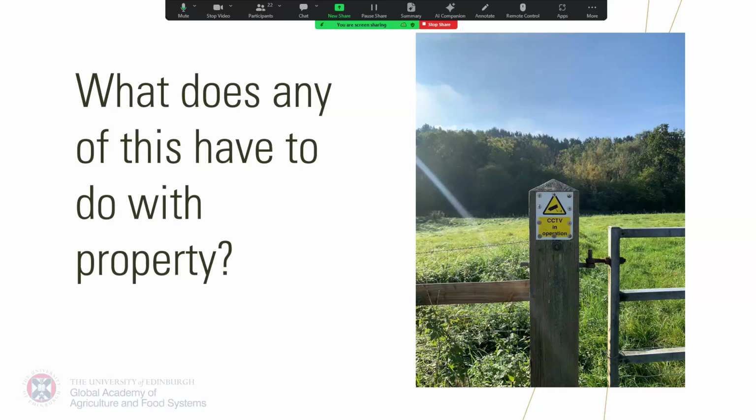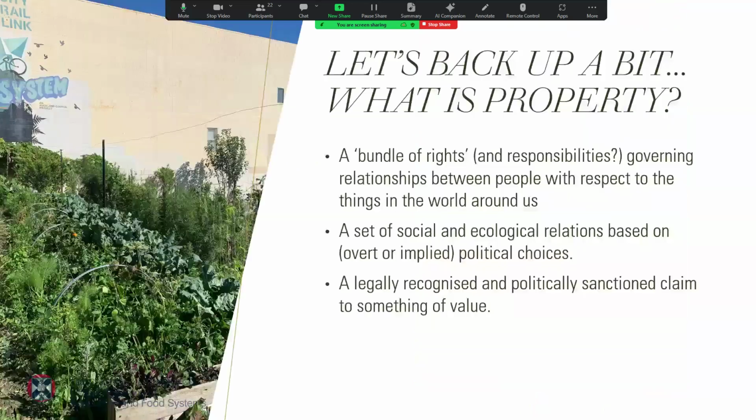And there are many, many people who do a great deal of admirable and important work to pursue an agroecological and generally a fairer and more sustainable food future within the existing property regime. And I draw inspiration from many of them. But I think it's also worth thinking more critically about property, because I think it can help us to understand a key roadblock to making those agroecological futures a reality. So I think we should take another step backwards first before we can go forwards and unpack a bit what